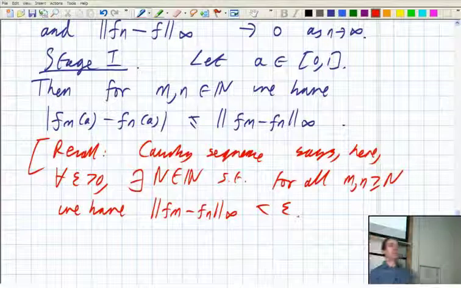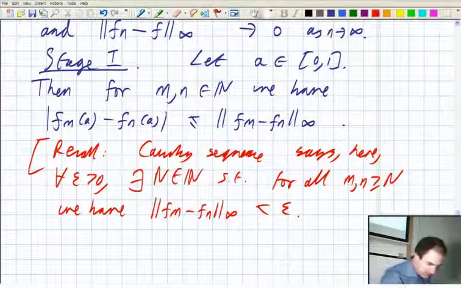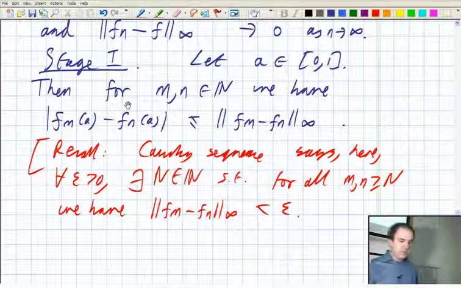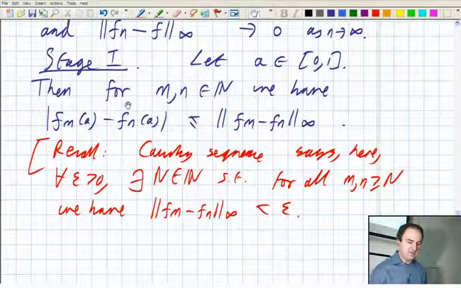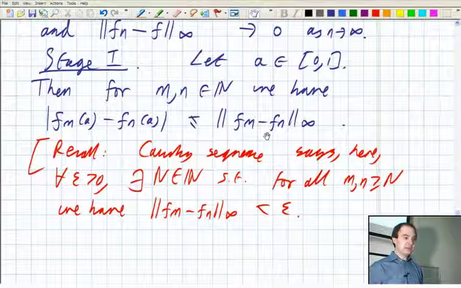That's what it means for the functions to be Cauchy. A sequence of real numbers is Cauchy if you have something similar but with just the modulus of the difference. So when you look at what's going on here, since the modulus of fm of A minus fn of A is dominated by this other value, norm of fm minus fn infinity, which we know is going to be less than epsilon if you go far enough down the sequence,